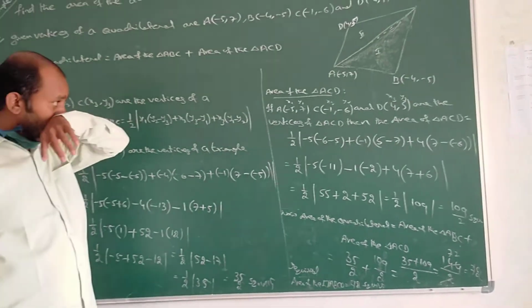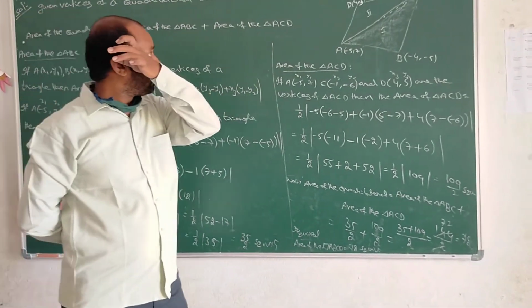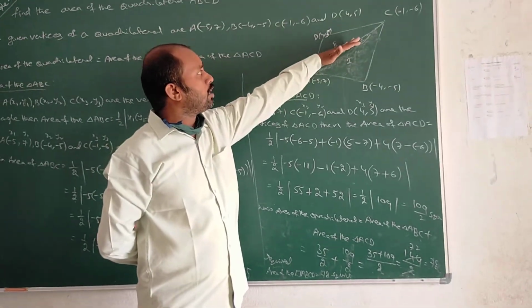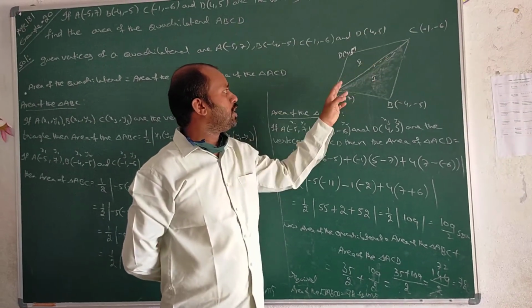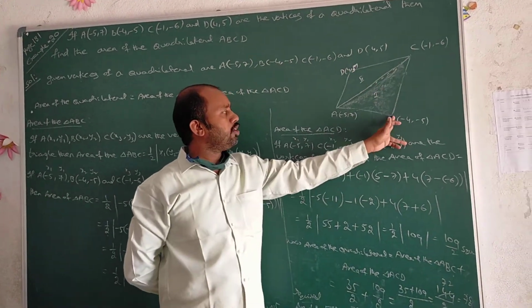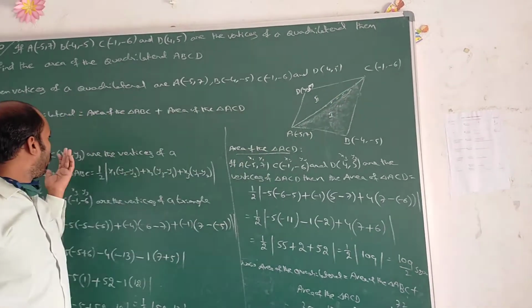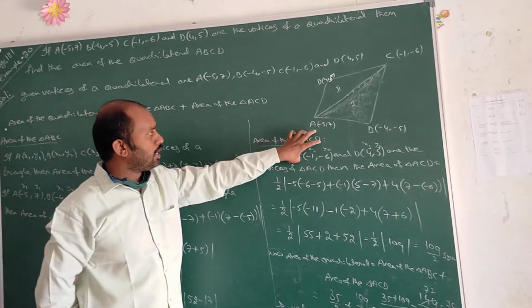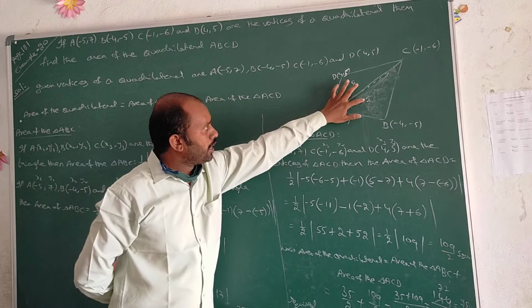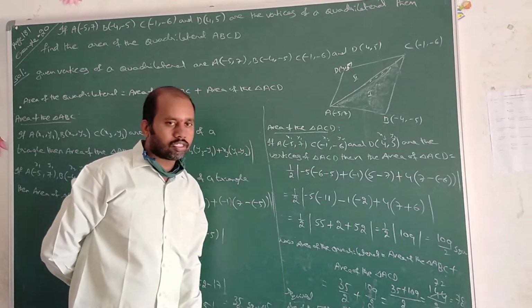So this model problem in the exercise, you can already do. Here, area of the quadrilateral means now divide the quadrilateral into two triangles, based on the AC diagonal or BD diagonal. Anyone you can take. Okay, two triangles formed. The first triangle area you can find, after that the second triangle area. Next, these two triangle areas are added. Then you get the area of the quadrilateral.